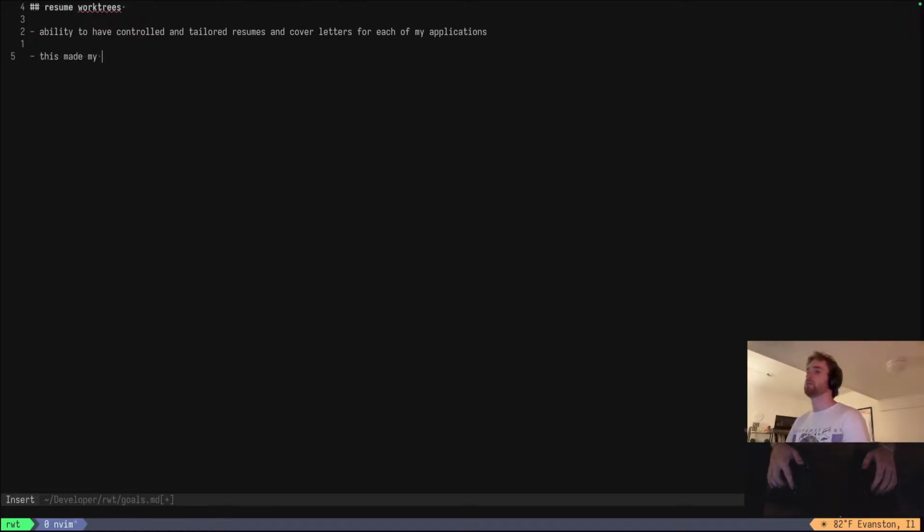This made my mind think of work trees. So essentially, the goal here is a CLI tool in which we can do something like,